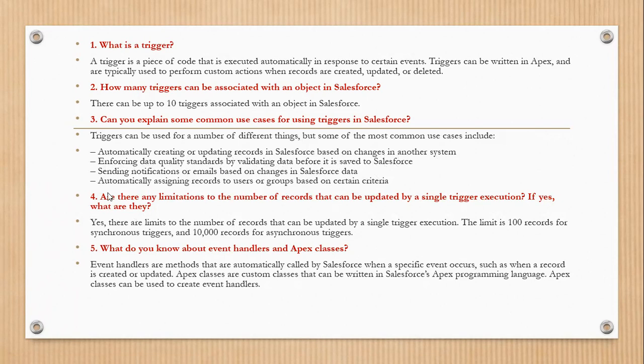automatically assigning records to users or groups based on a pattern. Are there any limitations to the number of records that can be updated by a single trigger execution? If yes, what are they? Yes, there are limits to the number of records that can be updated by a single trigger execution. The limit is 100 records for synchronous triggers, and 10,000 records for